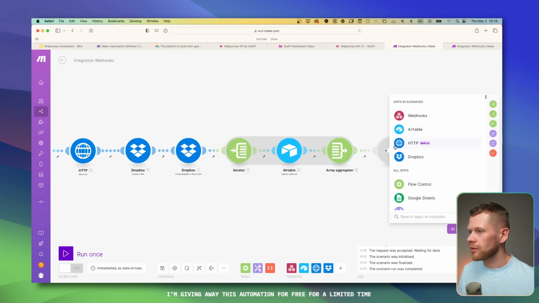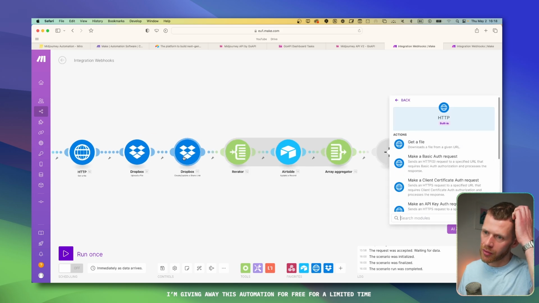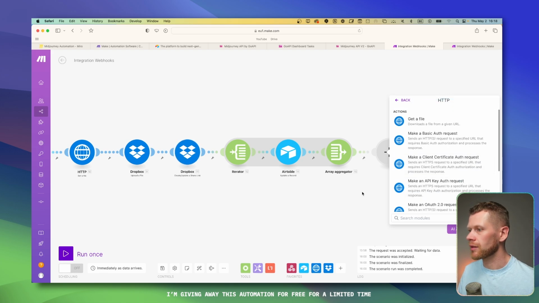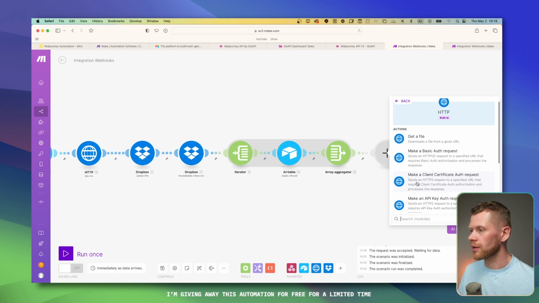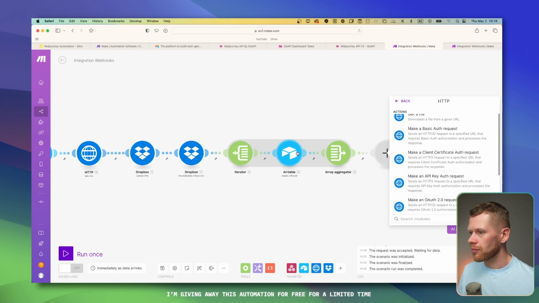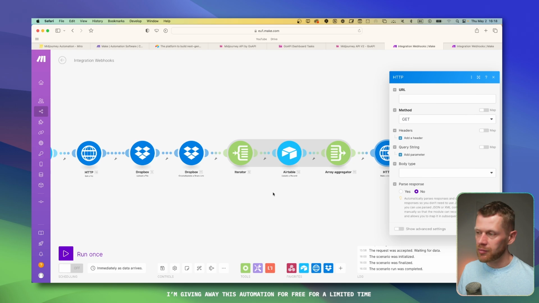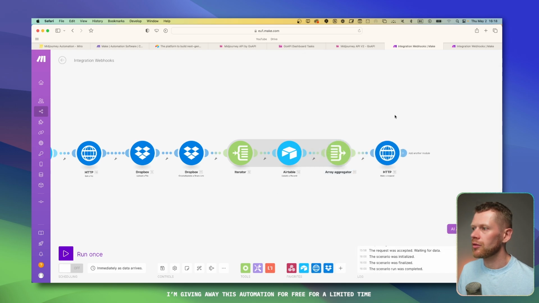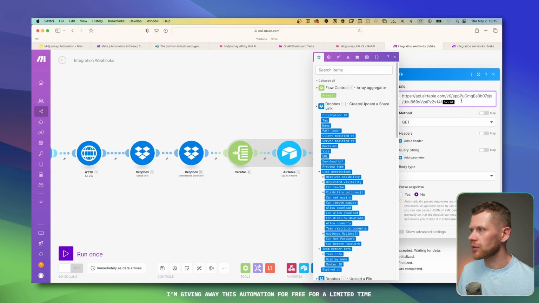And then the last thing we need to do is upload the preview image from our Dropbox shared link inside Airtable. And like I said before, for some reason it doesn't work when you just use the update a record module like this one. So we're just gonna use a custom HTTP request. For this, you can have a look inside the API of Airtable. And basically what you need to do is paste in this URL, and then you're gonna have to paste in